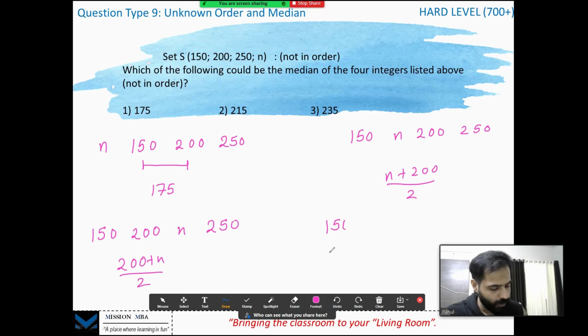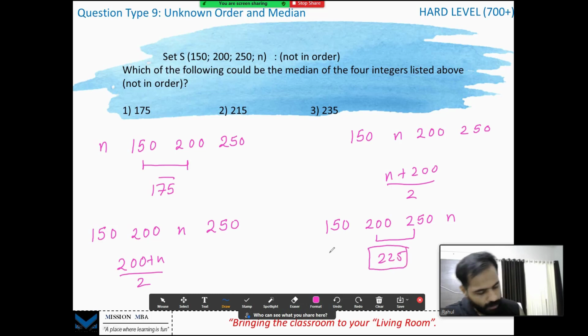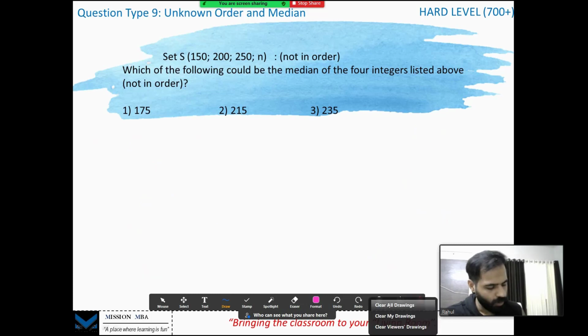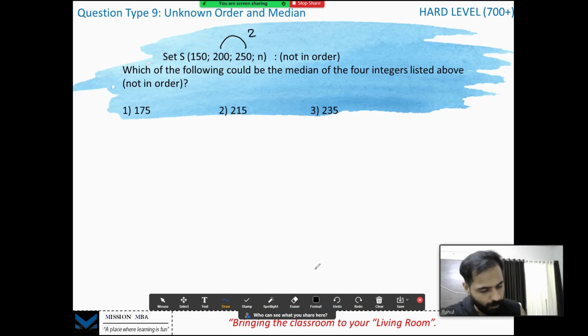The last possibility is that it is the greatest. And when it is the greatest, that is the maximum median I will be able to have. That's 200 and 250, so the median is 225. So this is the range of my median, 175 to 225. Now this I did to just explain you, but the idea was quite simple. That was, keep the n highest, then this will give you the maximum median, and this will be 225. Keep the n over here, the minimum, then you will have the minimum median, that is 175. So your median is going to range between 175 and